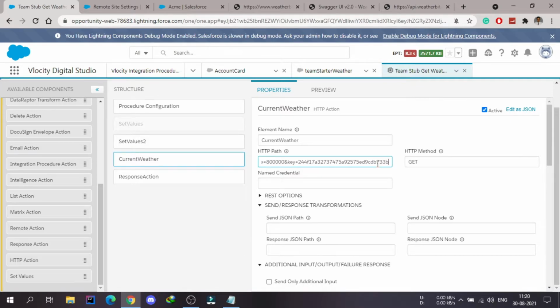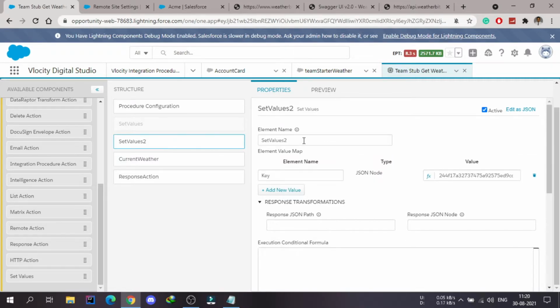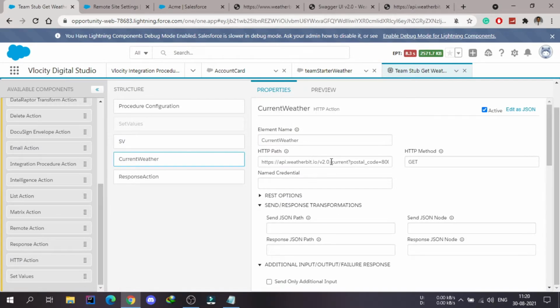Instead of using this whole API key here, we can use the merge operator, and inside that we just need to use the set value name. So for our convenience, let's name this set values as SV, and inside this current weather, let's use the same value here.